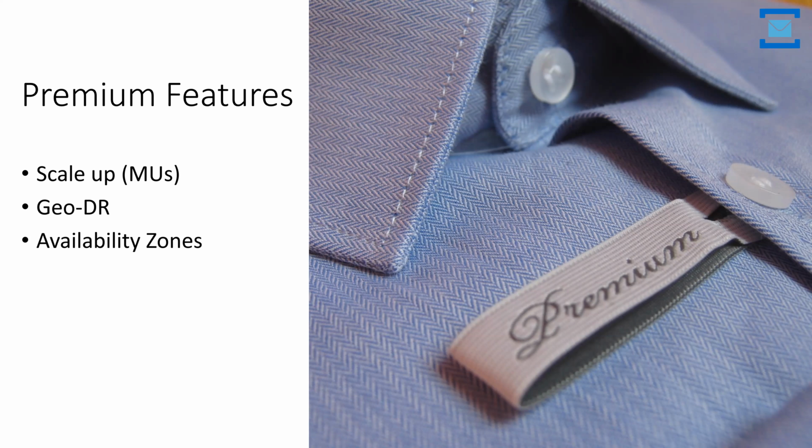Availability zones, on the other hand, are by default available for the premium tier. And availability zones serve the purpose of high availability, right? So there are 3 replicas of all the messages and all the entities in a given data center, and you are promised to have access to your messages without failing to retrieve those. So don't mix the two. GeoDR, which is disaster recovery, where the data center is gone, nuked, versus availability zones, where within the data center you are able to retrieve the data at any point in time.